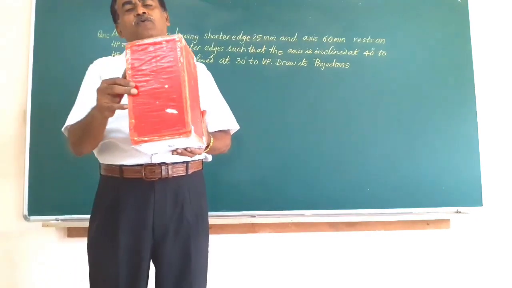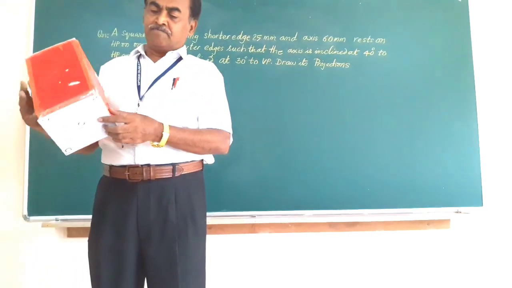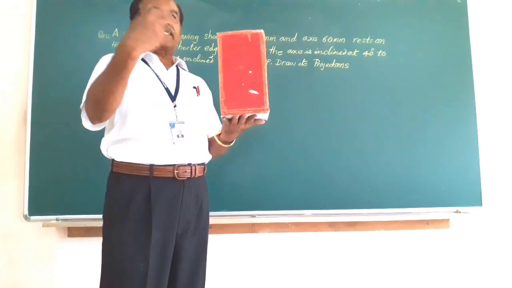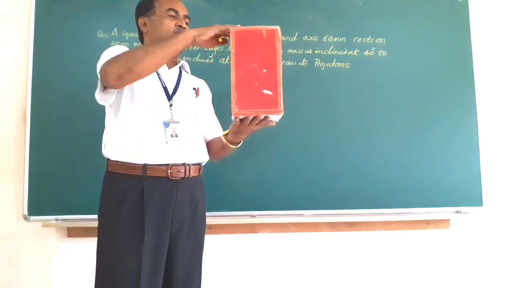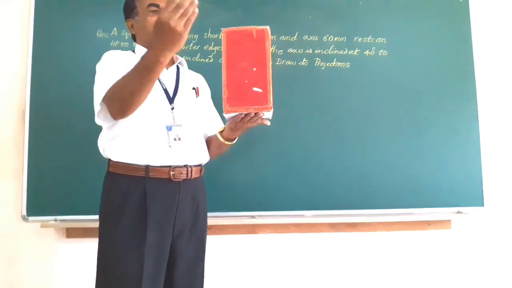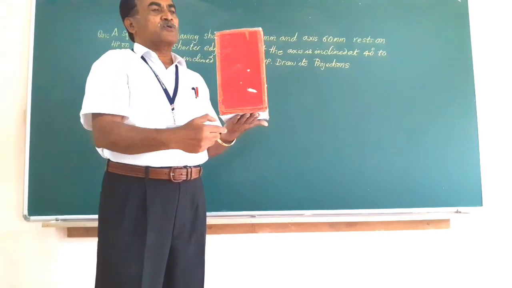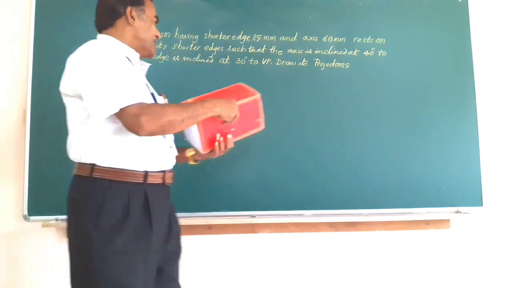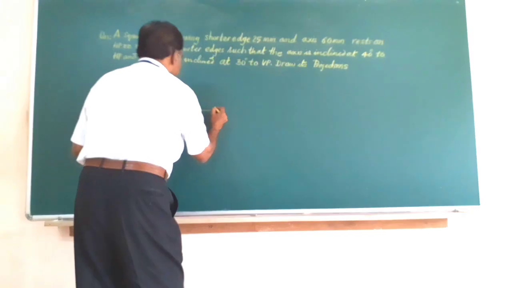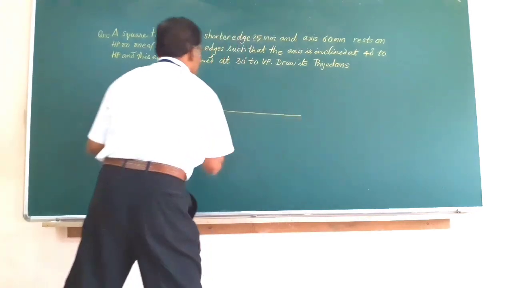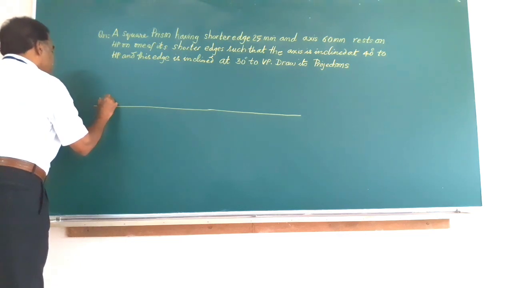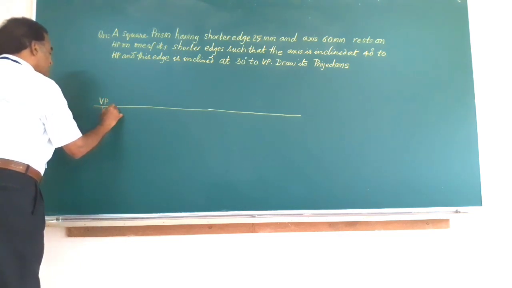So what is to be done now? We place the object on HP such that one of the shorter edges is to the right side of the observer. We place the object on HP, obtain its top view, a square, and front view, a rectangle. So let me start the problem by drawing a horizontal line here. So we are having this XY line. We mark it as VP and HP, indicating first angle projection.